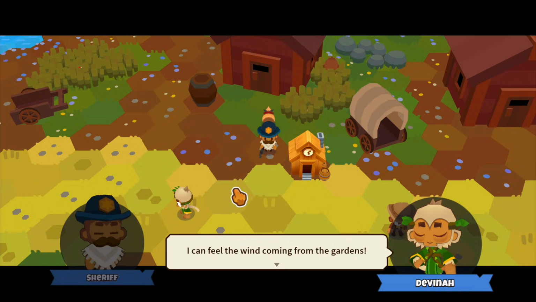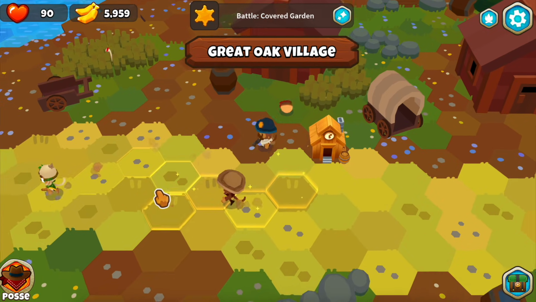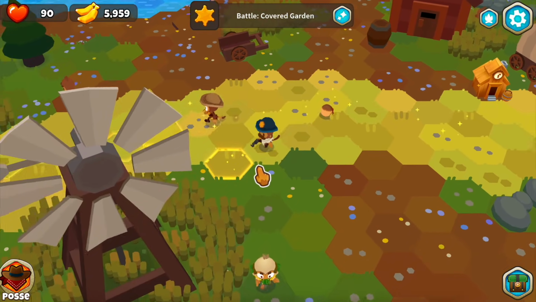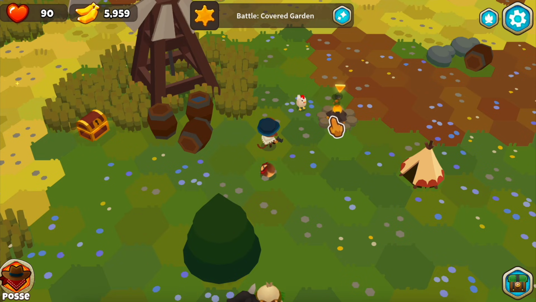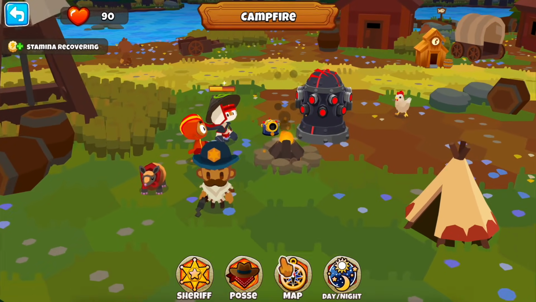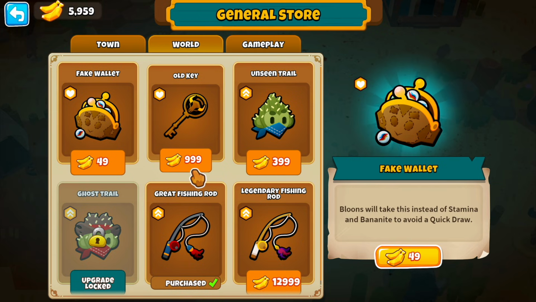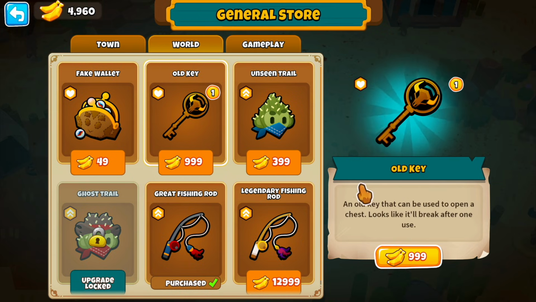I love that. I can feel the wind coming from the gardens. Why did I bring my duster? Alright, so more battles. Covered garden this time around. Alright, so here's what we're gonna do. To end this video off, I'm gonna fast travel back to home in the general store. I'm gonna buy a key, and then we're gonna come back and open this chest, and we're gonna end it off there. Let's buy this old key,